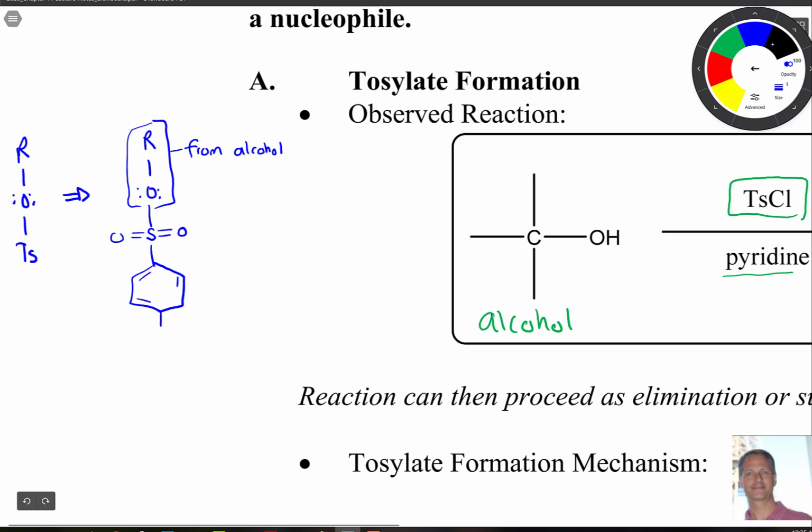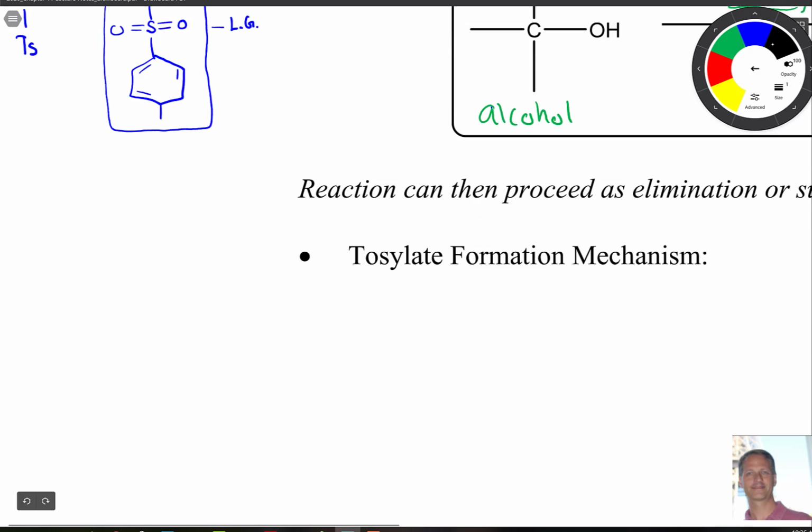And then this guy here, so we're going to kind of double dip. This guy down here is going to be your leaving group. Okay? Remember we said that it leaves with the oxygen atom, right? So that's going to be carried away with it. And that means that this fellow up here is going to be where we see substitution and eliminations. Okay? All right, so now that we got that down, let's go down below and let's talk about this tosylate